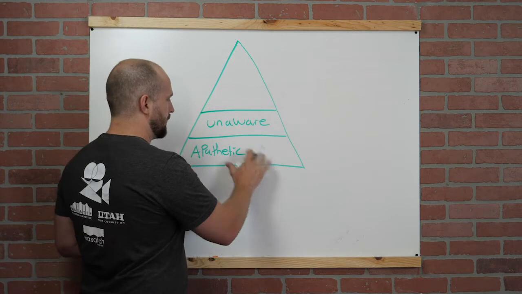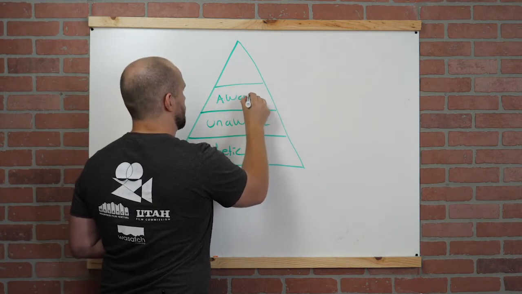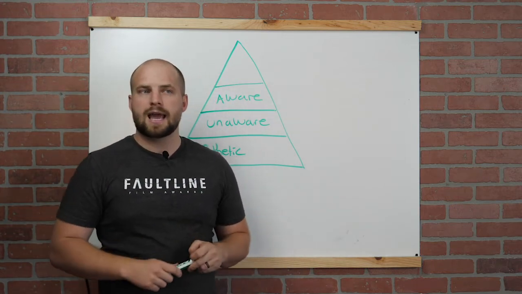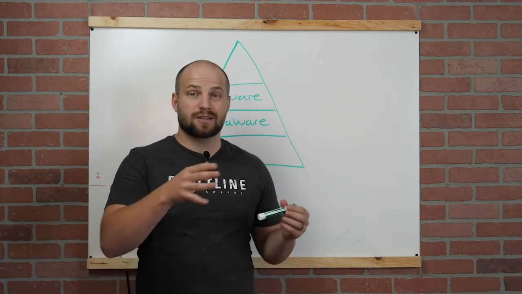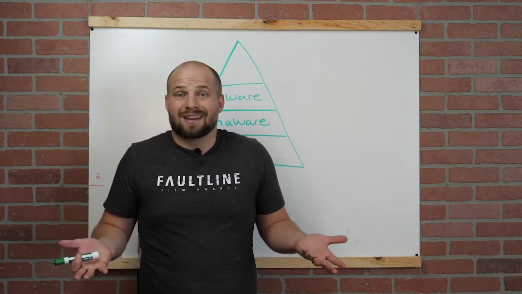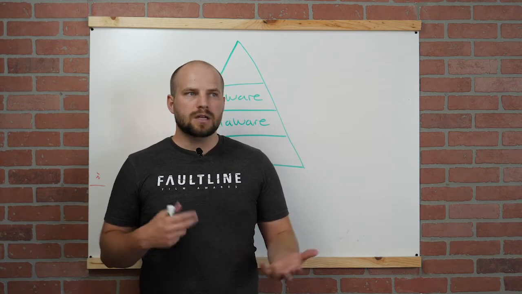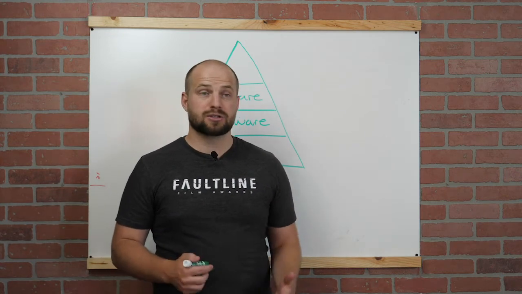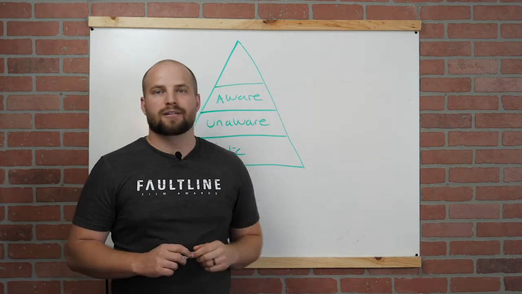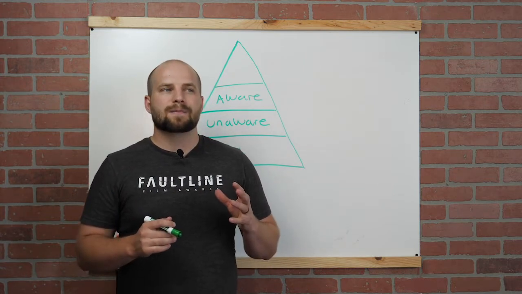So you have apathetic, unaware, and the next stage up is aware. Now these are people that are aware that you exist, they know about your product, and they might know that your product is the solution to their problem, but they haven't bought anything yet. They haven't converted into an actual customer, right? Now, a lot of people on your Facebook, a lot of people on your Instagram, they fall into this category. They know you exist, they like your post, they had a love, a heart reaction to it or anything like that. But they just haven't purchased yet.